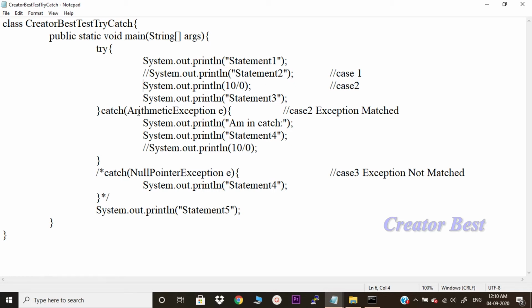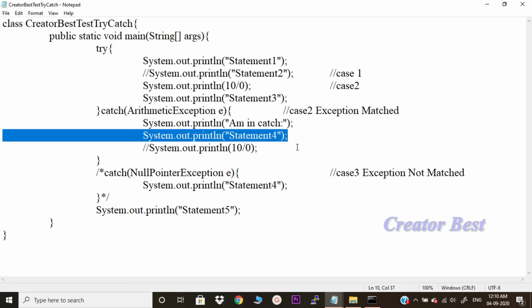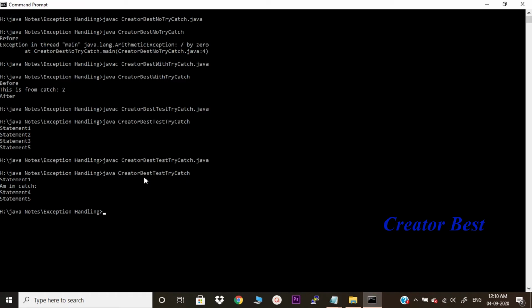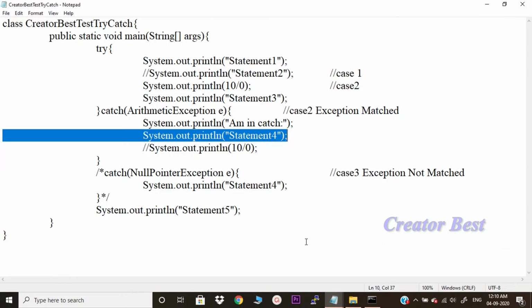Here it will look for the corresponding arithmetic exception. So here the catch block matches, it will come here, execute the statement, and then execute statement 4. See, I am in catch statement 4, and then statement 5 will be executed, right?